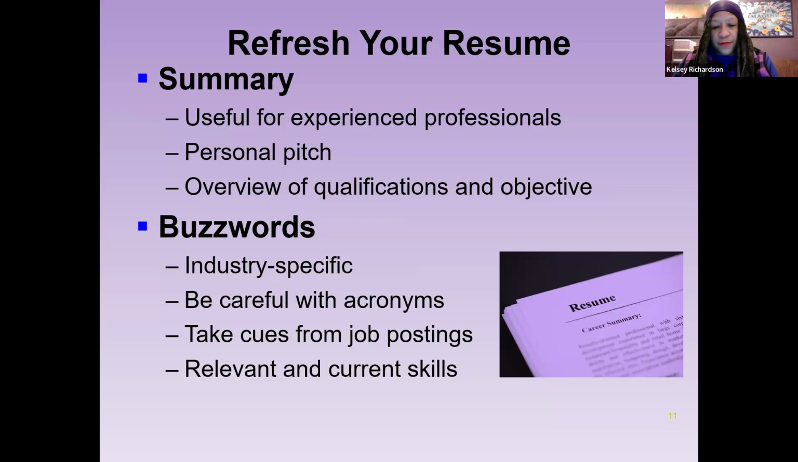So in terms of buzzwords, you want to make sure that your resume does contain industry-specific language. So make sure that when you're describing your responsibilities, you are describing it in ways that people in the industry will understand. But be careful with acronyms, because you might think that everybody knows what an acronym stands for, but sometimes they don't, depending on their background or the particular employer. One example of that is I see a lot of resumes that under the education